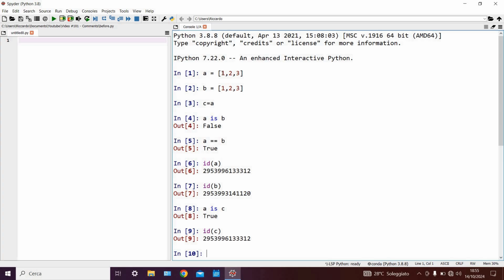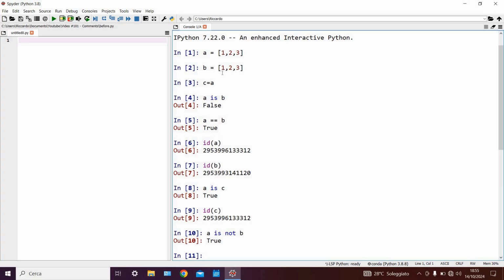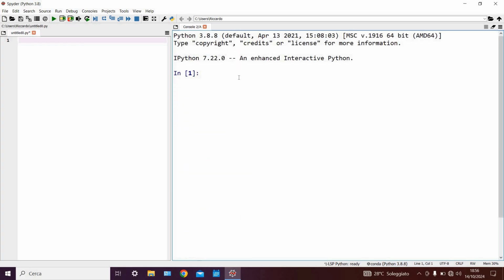Of course, we also have negative identity operators where we can say a is not b. And in this case, of course, it will say true. The meaning of this is quite straightforward and is basically the opposite of the identity operator. We've seen what identity operators can do, and so we can move on to the second topic of today,